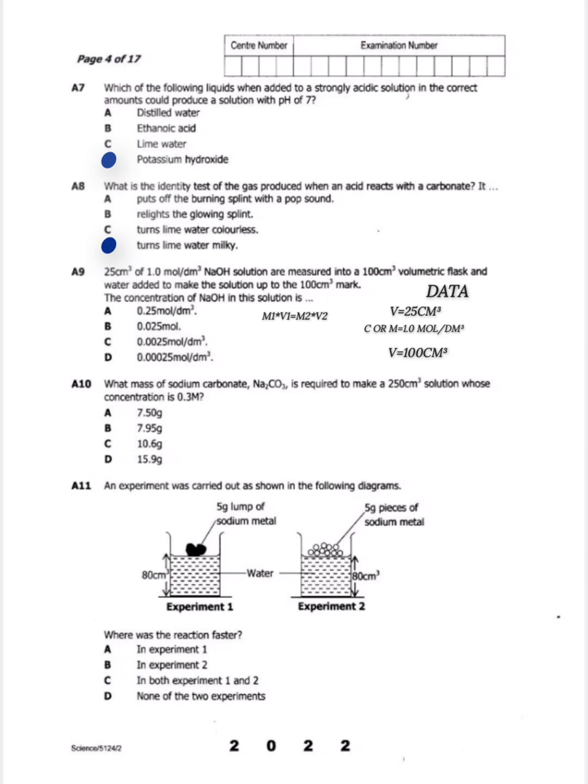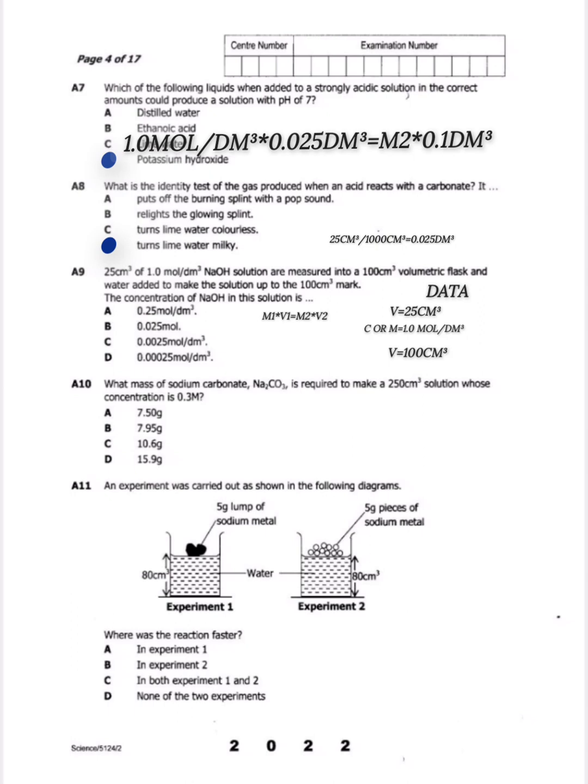Here we're going to say 25 centimeters cube divided by 1000. Once we divide, we are going to find that our answer for volume is going to be 0.025 decimeters cube. So here we can say 1.0 mole per decimeter cube multiplied by 0.025 decimeter cube is equal to